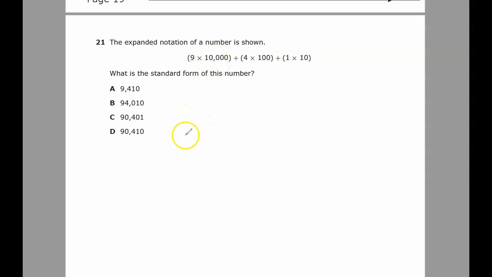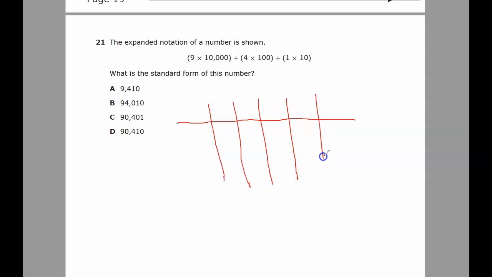So we need to draw our place value chart. Go ahead and grab your piece of paper and a pencil and draw this chart with me, please. We have one line across and 5 going down. And remember, if I'm going too fast and you need to slow down, just pause the video, catch up, and then click play. So we start with our ones place, tens place, hundreds place,